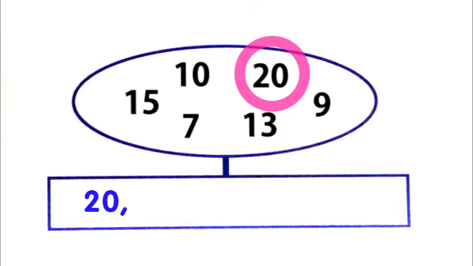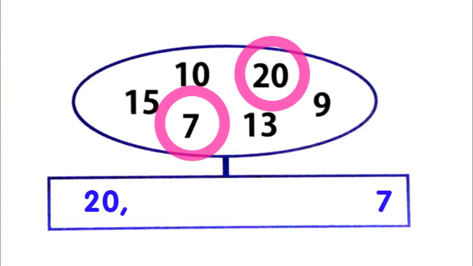And then tell me what is the smallest number from this? Who can tell me what is the smallest number? So the numbers are 10, 20, 9, 13, 7 and 15. So what is the smallest number? Number 7. So we can write the number 7 at the end of the box, because we know that is the smallest number. So we have written the biggest number because this is descending order. So we have written the biggest number, which is 20, and then at the end we have written the smallest number, 7. So the rest of the numbers are between 20 and 7.